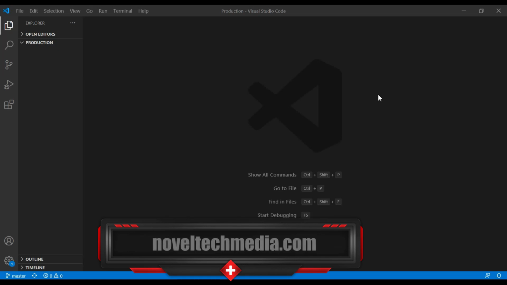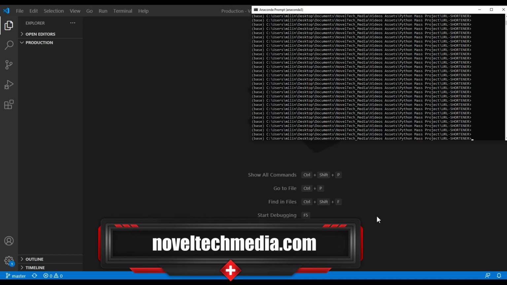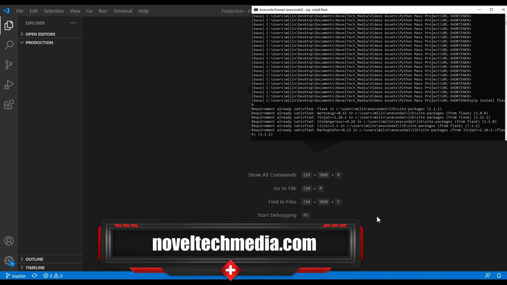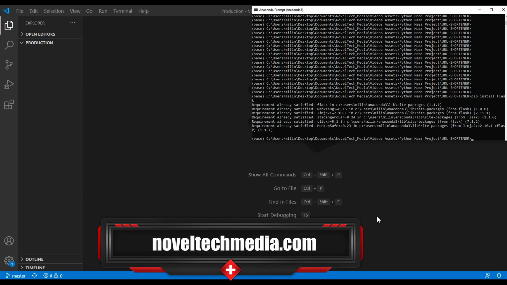The first thing we would like to do is install Flask and the python.env package. We are going to use those packages to create our application. First of all, we are going to install Flask. For doing that, navigate to your folder and just type in pip install Flask. I have already installed Flask, so it's going to say requirements already satisfied. Another package you should install is the python.env